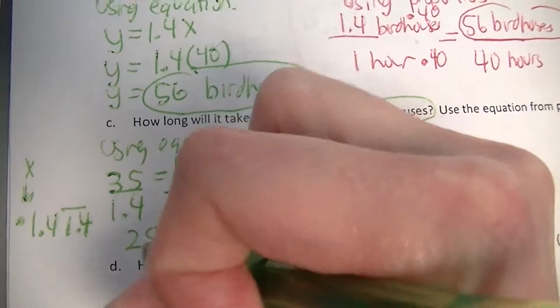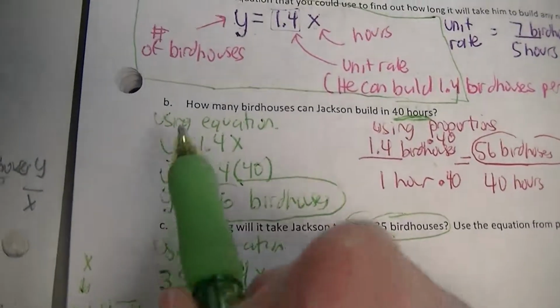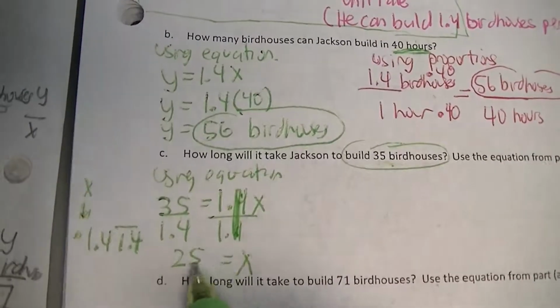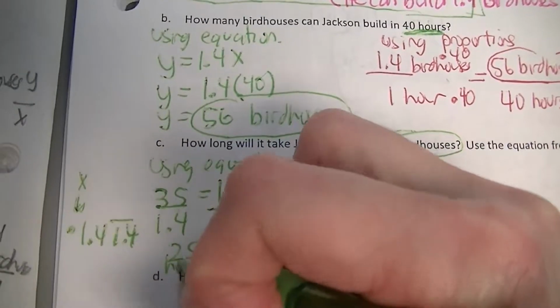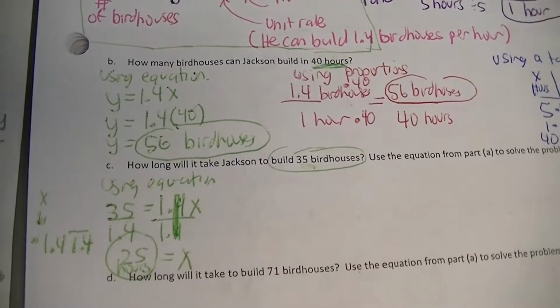So double check your labeling. Is it 25 birdhouses or 25 hours? Well, x represents hours, so this is 25 hours. Okay, that's how long it'll take Jackson